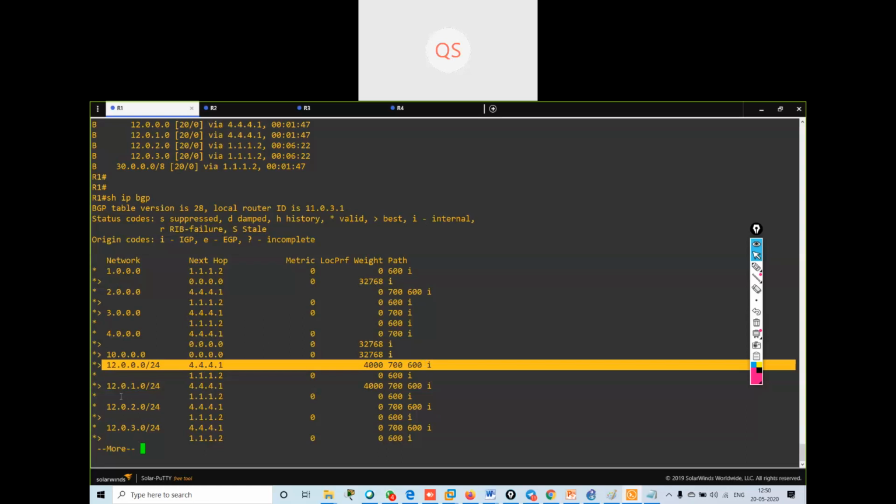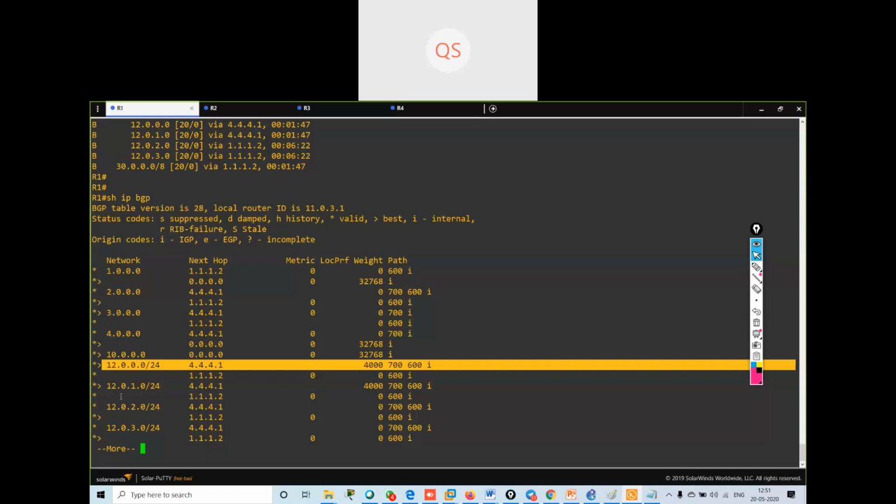Your other routers will not get the information from the border router, and if I use the local preference, it will advertise the information from the border routers to other routers in the autonomous system. So this is the only difference between local preference and weight.